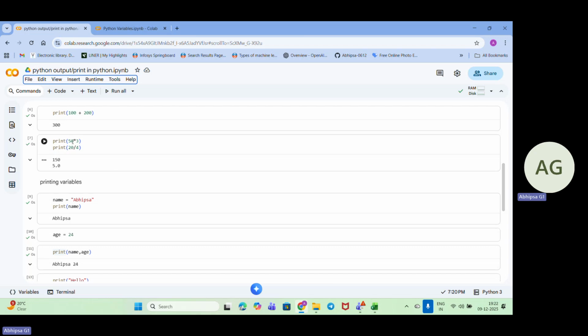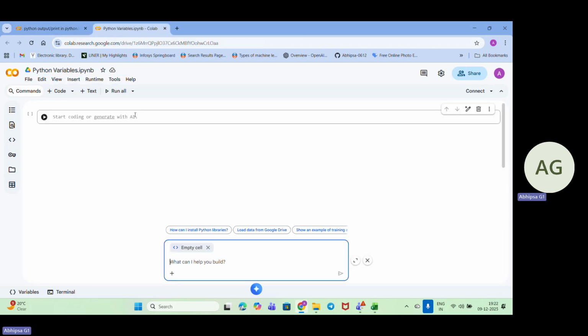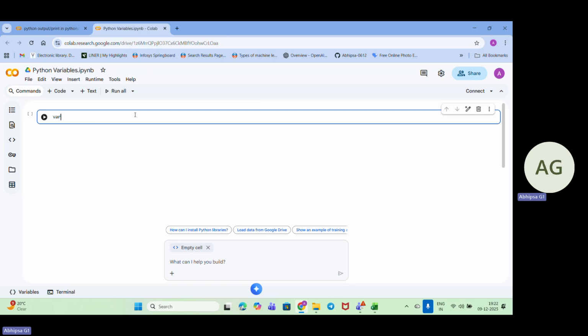Now, how to create a variable? The major question is how to create a variable. We need a proper variable name, then we use equal to, then inside it we give a value. The value can be text, numerical, Boolean, or different types that we will discuss accordingly.